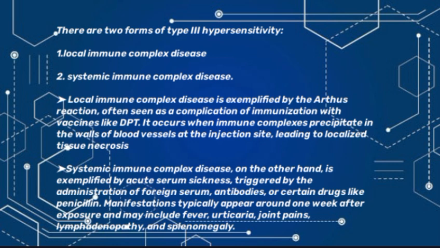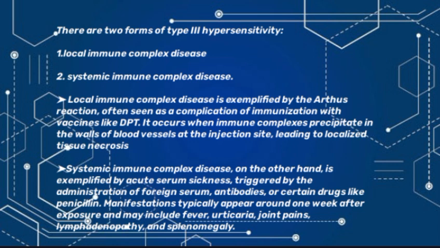And there are two forms of type 3 hypersensitivity. First, local immune complex disease, and the second is systemic immune complex disease. Local immune complex disease is exemplified by the Arthus reaction, often seen as a complication of immunization with vaccines like DTP. It occurs when immune complexes precipitate in the walls of blood vessels at the injection site, leading to localized